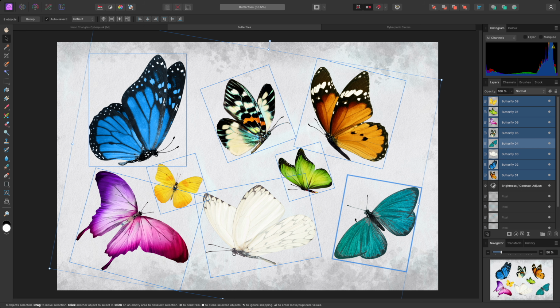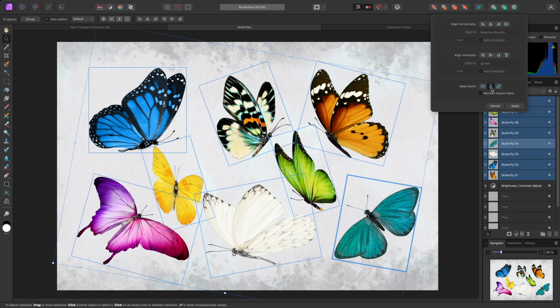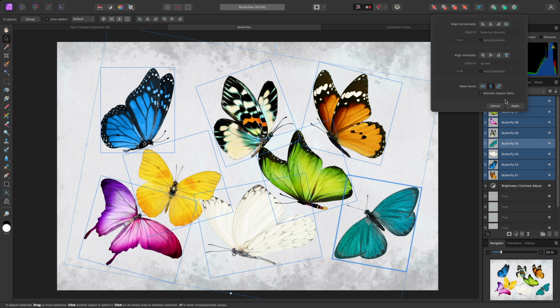A thicker bounding box will appear around the layer on the document view, and the layer will also have a lighter overlay on the Layers panel. Now, if I repeat the Make Same operation using height, the layers are now all scaled to the height of this layer instead. I may also want to change the rotation of all the layers based on Butterfly 2, so